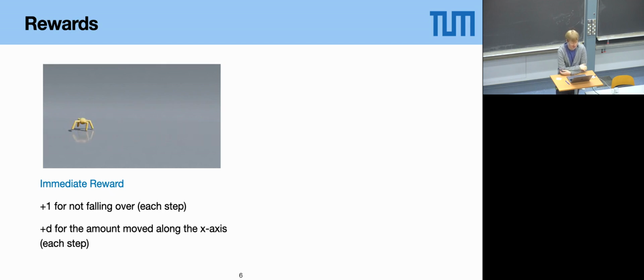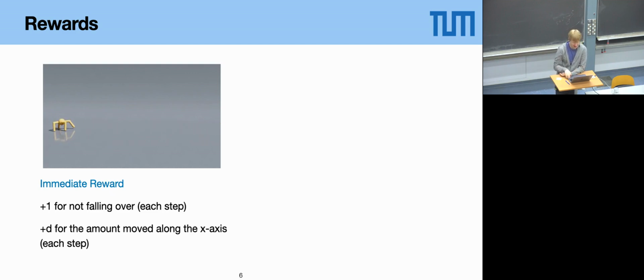What's special about them is that you basically observe them after every step. So in this example here, the agent that's supposed to run, you would get a reward of +1 in every step where the agent doesn't fall over, and a reward of +d for the amount that you moved along the x-axis. And as you can imagine, if you combine them, they encourage a fast movement to the right. And so if you fulfill the reinforcement learning goal of maximizing rewards over time, it will probably move in the way you can see here in this little video.